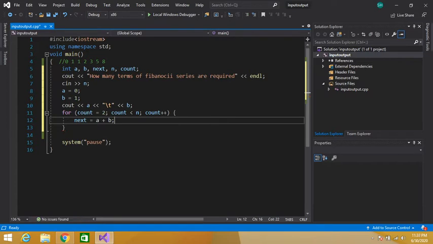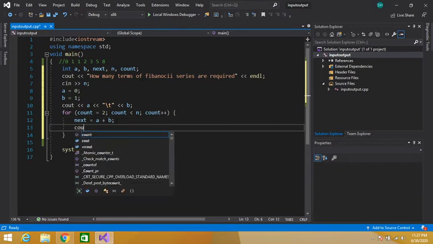See, first we have printed these two terms, then we are saying that our next is equal to a plus b, meaning 0 plus 1. A contains 0 plus B contains 1, 0 plus 1 which is equal to 1. So this 1 is assigned to this next variable. So our next becomes 1.